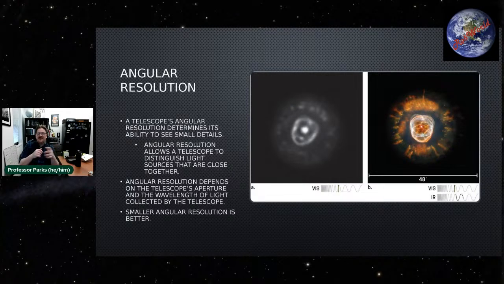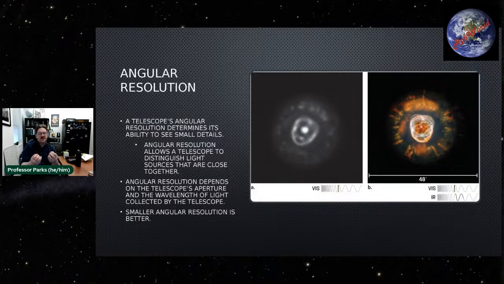The one on the left is an image using a telescope that has a smaller aperture. You can see that there is something there. You can see the glow from the central star, and you can see that there is some kind of nebulosity around it. But it's only when you get a larger telescope with an improved angular resolution that you can really start to pick out the filamentary structure within that nebula. And so that allows astronomers to better find out what is going on in those particular regions, to find out what exactly the science is behind why those filamentary structures exist.